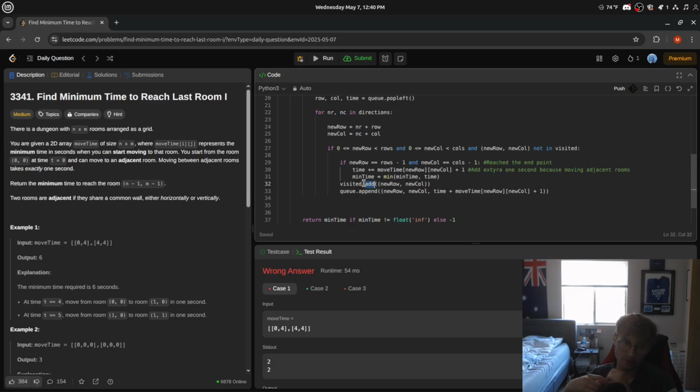so I think we're gonna need to do some sort of modified BFS approach that's kind of like Dijkstra's algorithm, but in a way still fundamentally BFS. But yeah, so